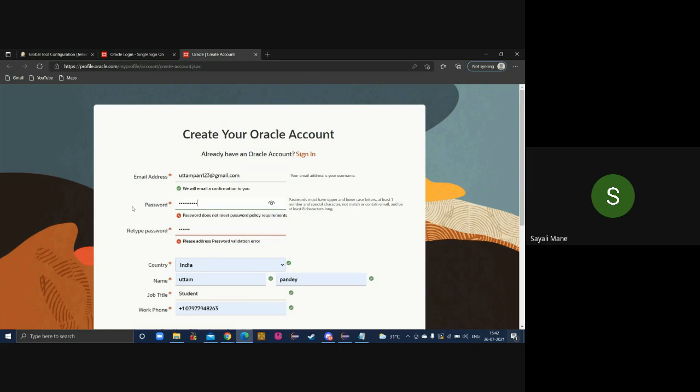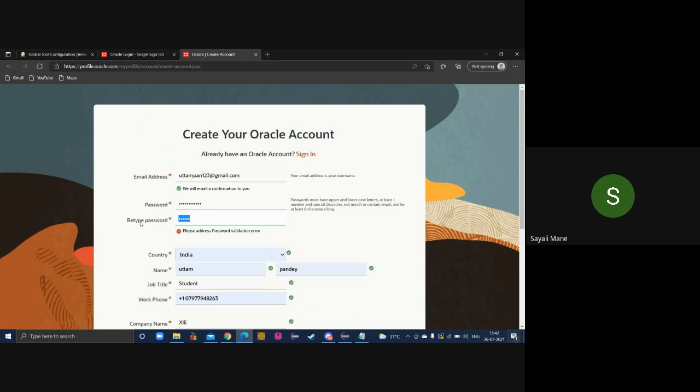Yes, everyone please create an Oracle account. While creating the Oracle account, don't close any tab. Okay.